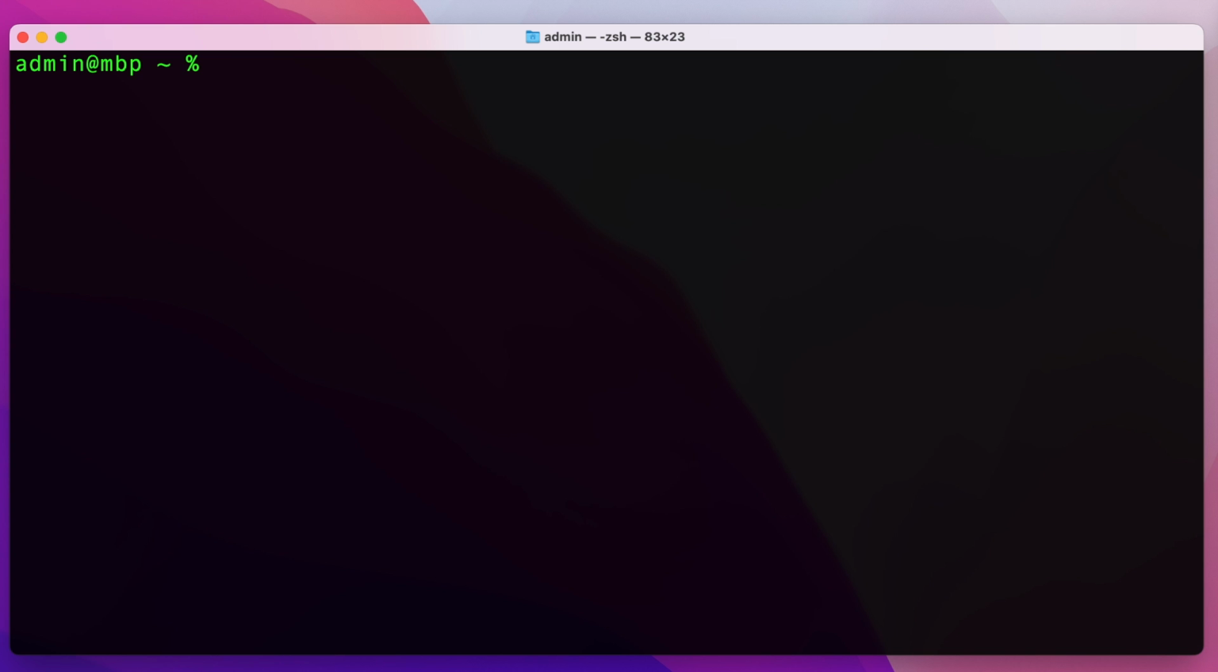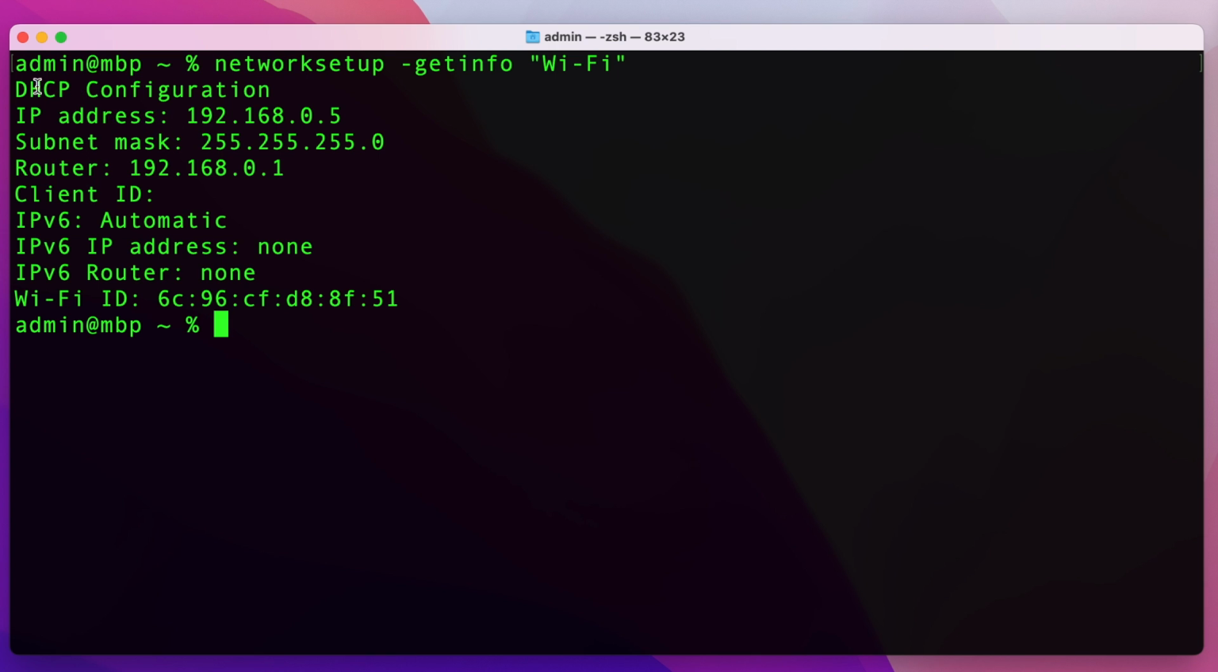The first thing you want to do is check your current IP settings. To do that, all we need to do is run networksetup -getinfo and then the name of your service, and in my case I'll be checking on my Wi-Fi. As you can see, my Wi-Fi is using DHCP configuration, and here you can see my IP, subnet mask, and